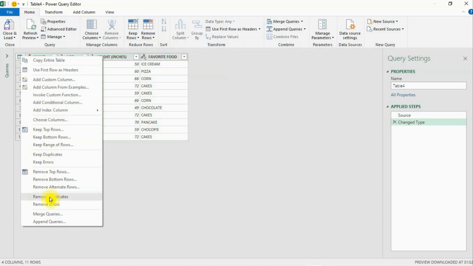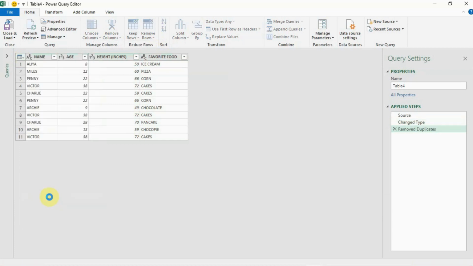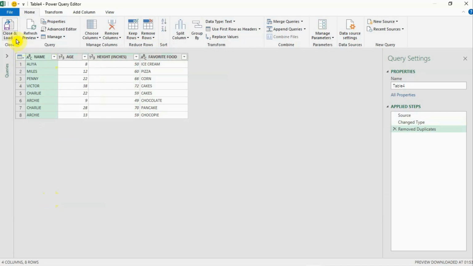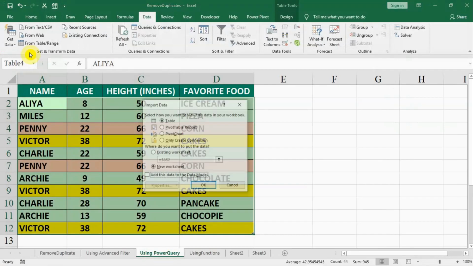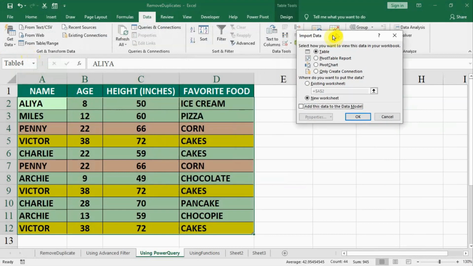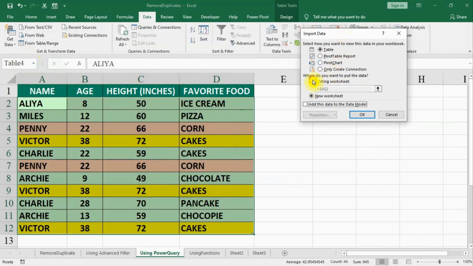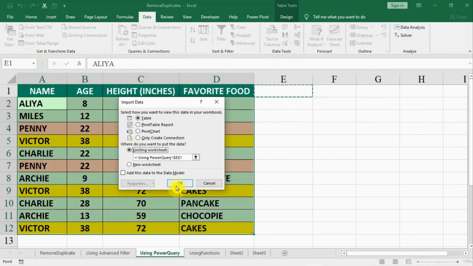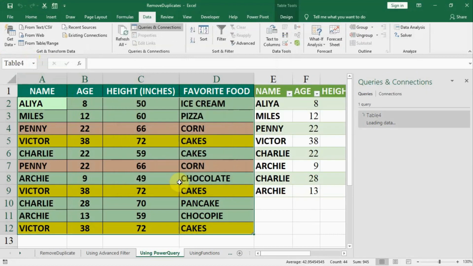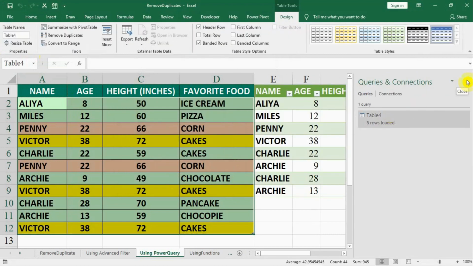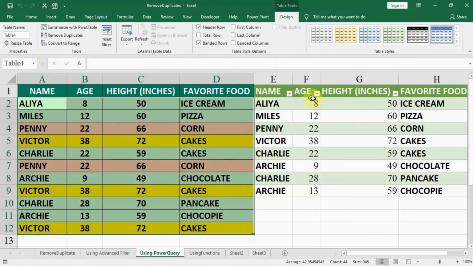You can use any of these options, and after that Close and Load, click on Close and Load To, and it will return you to the sheet. In the existing sheet select a cell like this, the target cell, and say okay, and the data comes up. You can close the query connection and you can see the filtered data here without duplicate rows.